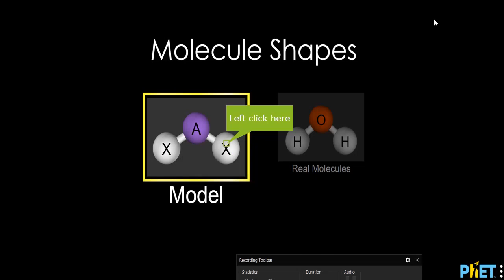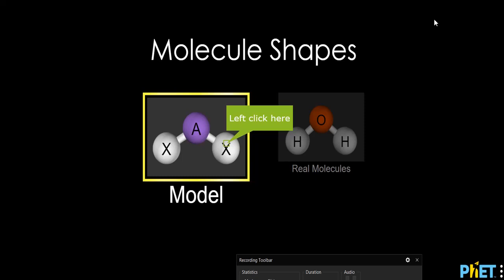So I wanted to give you an introduction to the Molecule Shapes PhET. This is a great resource when you're trying to understand VSEPR, which stands for valence shell electron pair repulsion. You'll want to go ahead and open up a tab and then put in PhET molecule shapes, or simply follow the link that I've given you